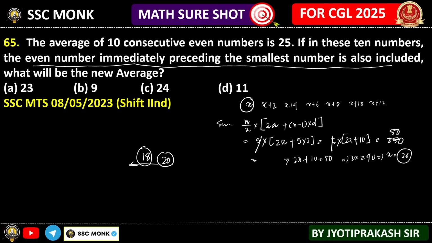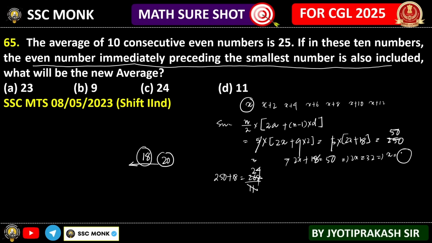So if 18 is also included over here, total now 250 plus 18, that is equal to 268, divided by 11. 11 2s are 22, 4 8, 11 4s are 44. Okay, I think I have made a mistake here. It is today 10 minus 1 is equal to 9, that is 18. So 50 minus 18 is equal to 32.